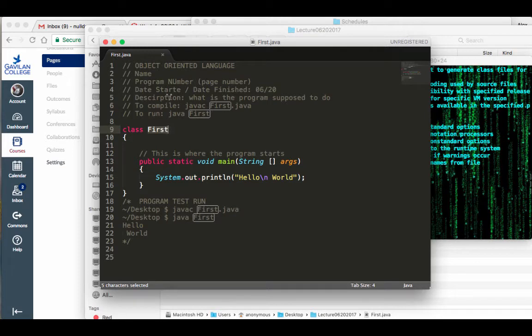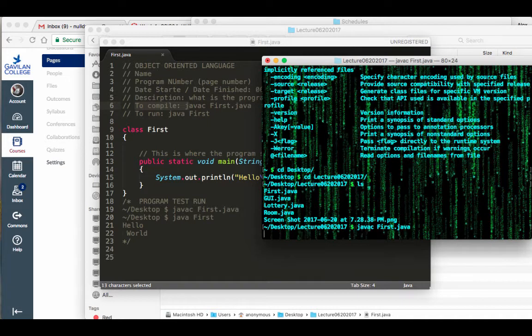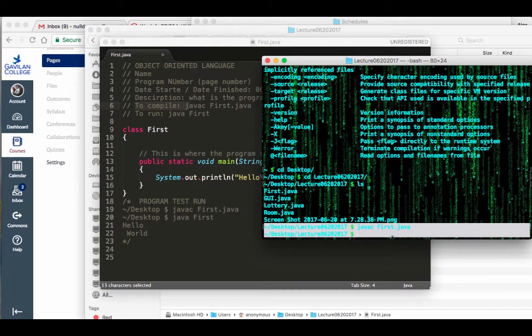So if you have a new file, I'll show you when I'm doing this today, you have to save it as whatever the class name is, .java. That's the file name you're going to have. Okay, so to compile, and I wrote it here, you're going to go in there and type javac first.java. Okay, and you hit the enter key, and if it compiled successfully, it will not give you any